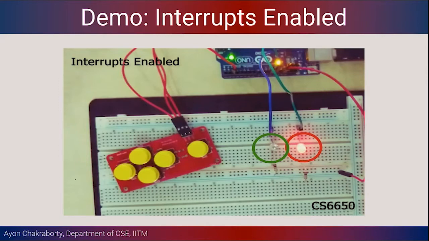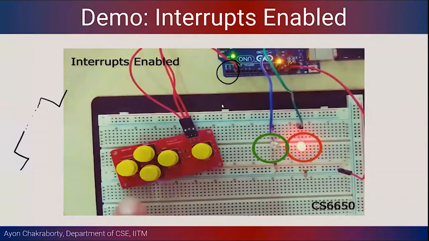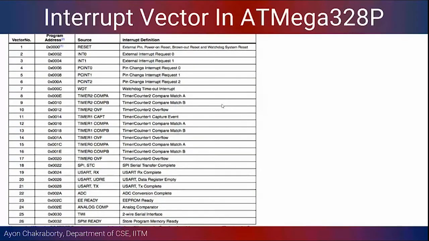Yes. Because see, there could be two options. One could be that once you toggle the switch from the low state, it will go to the high state and keep on in the high state. And once you press that button one more time, it will come to the low state again. Okay, so this is done, and then this is to introduce a lot of different interrupts that would be available.